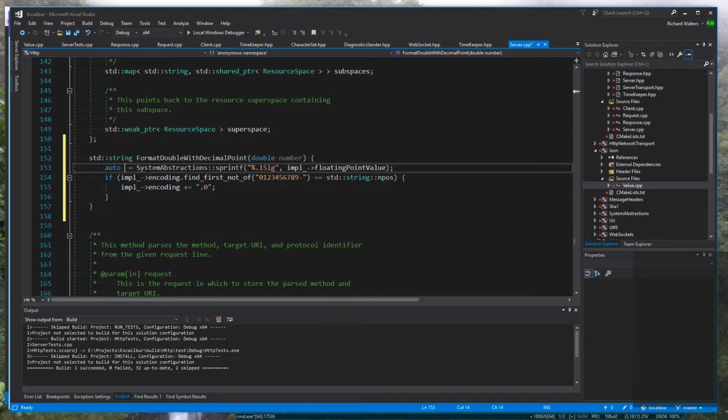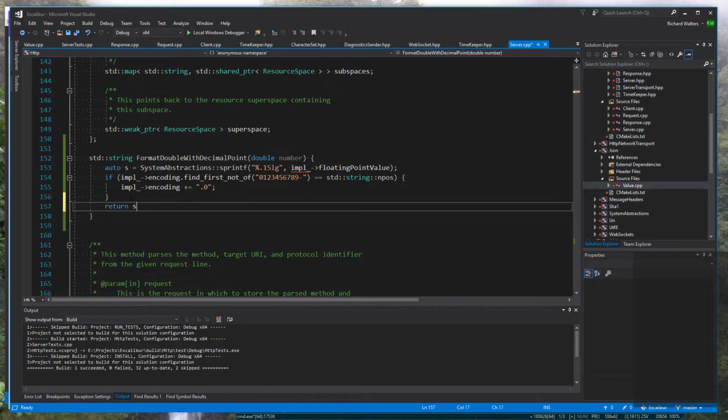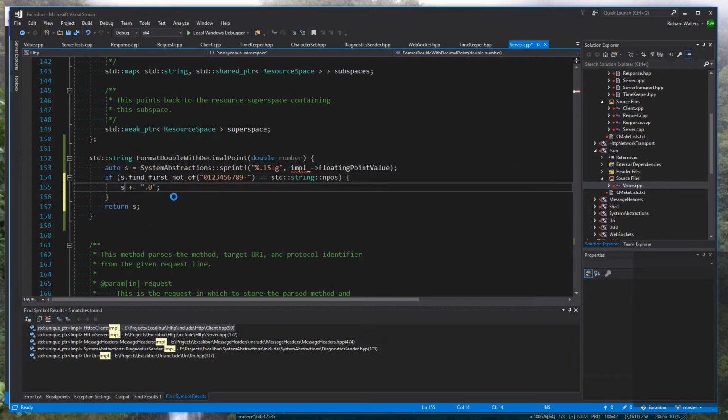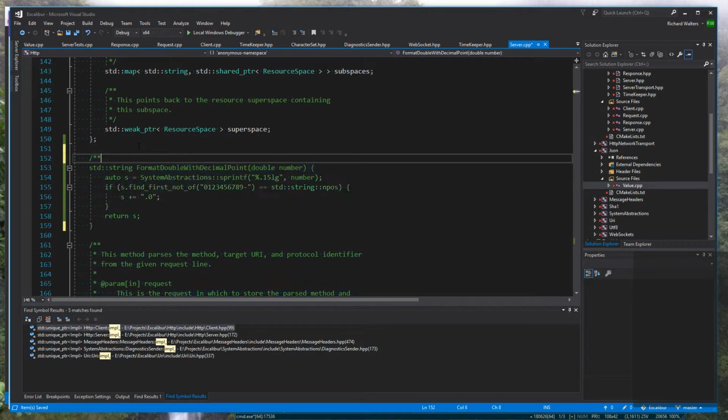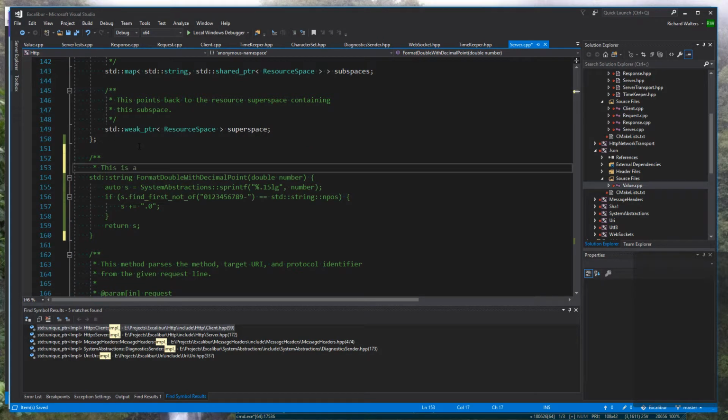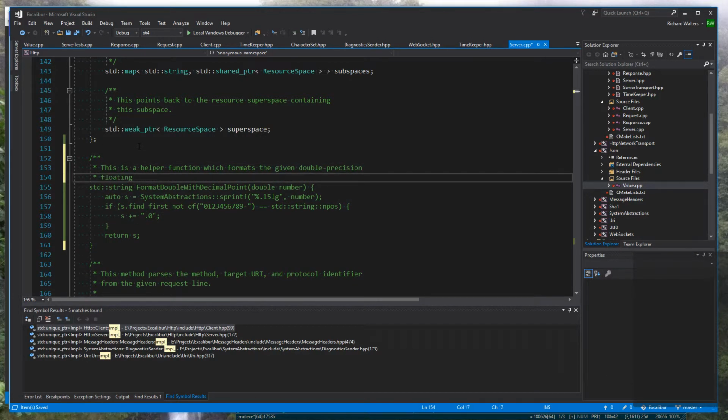So auto s, we'll just say s, return s. Okay. This is a helper function which formats the given double precision floating point value as a string, ensuring that